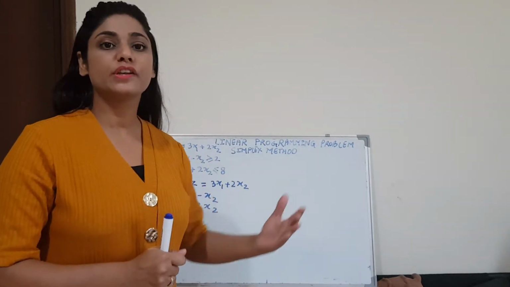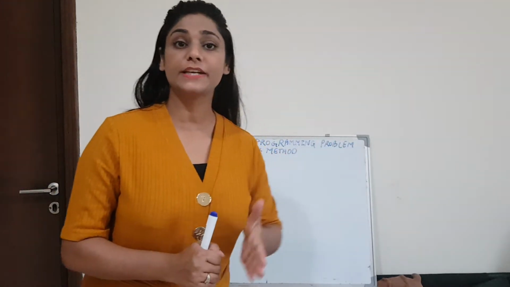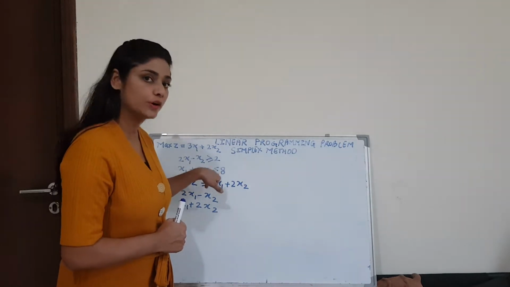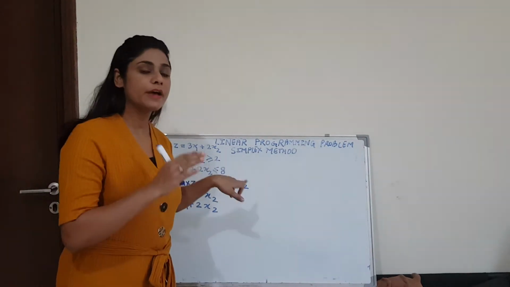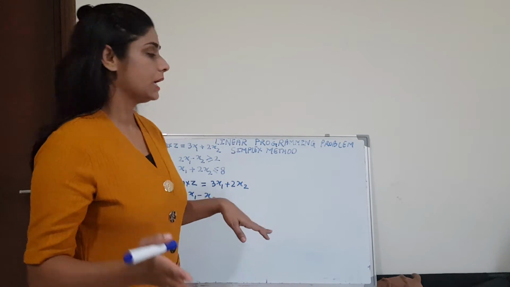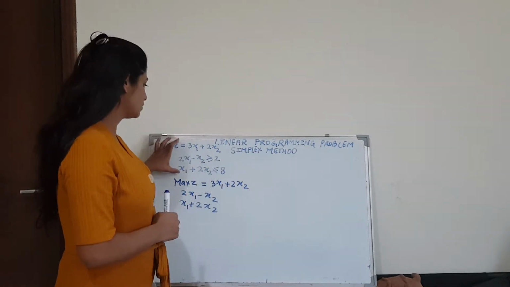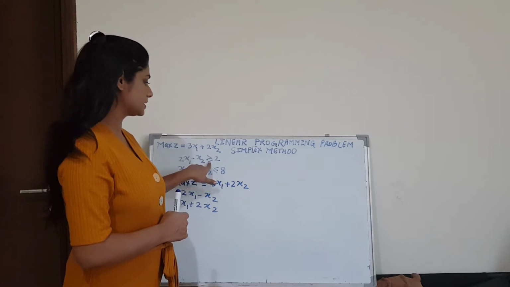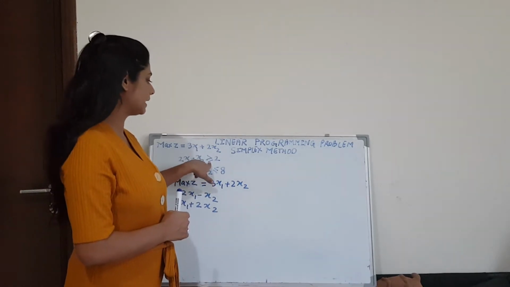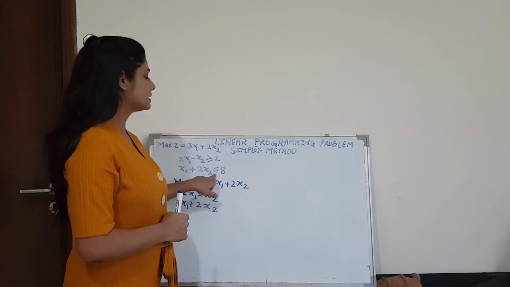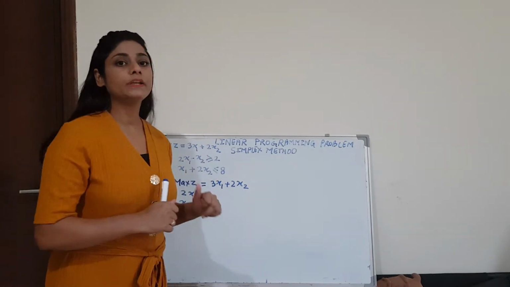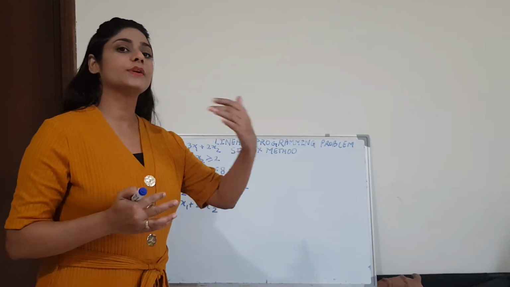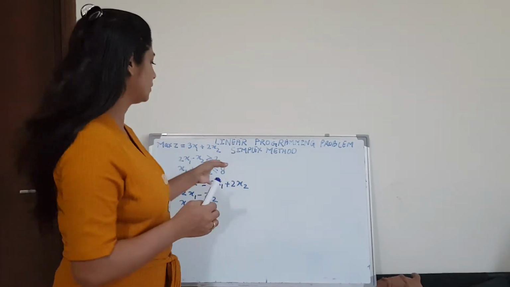In my previous video we have discussed the same method, simplex method, and there in the question the conditions were less than or equal, so we have added only slack variable. But now in this maximization problem, both equations are in different conditions. This first equation is in greater than or equal form, and this is in less than or equal form. So we need to add here artificial variables, slack variables and surplus variables. We will subtract from the equation.